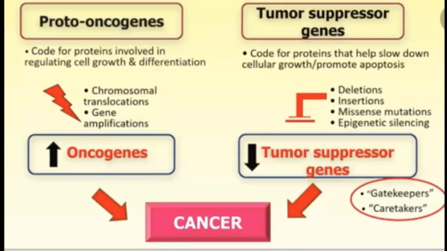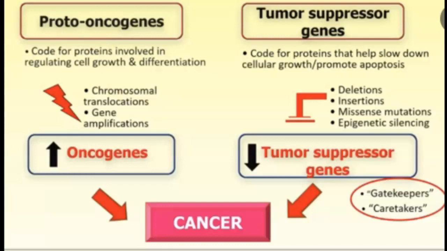Oh, sorry about that. So basically, you can see here that proto-oncogenes and tumor suppressor genes are two classes of cancer genes, and proto-oncogenes are genes that are involved in some sort of normal growth or proliferation. So you can clearly understand that if something goes wrong with them, it could increase your chance of cancer.